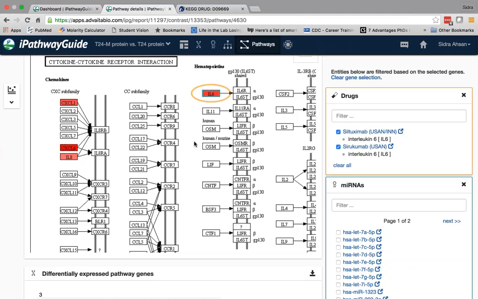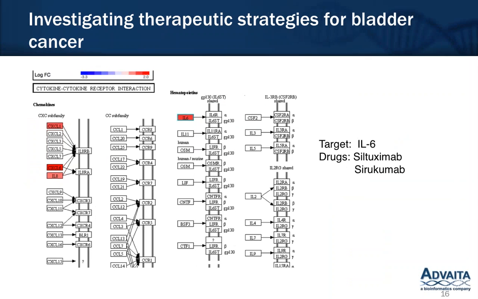So you can modulate the microRNA to target the mRNA of IL-6. So this is a quick summary of the slide where you have the pathway map with IL-6 highlighted and shown as one of the targets, and you can target IL-6 with the 2 drugs that I mentioned.